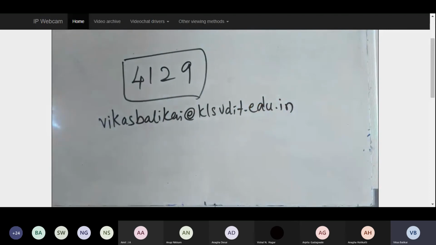Before you mail me anything, write in the subject and in the content why you are mailing, and send it with proper justification so that I can consider all those things. See, maintain proper communication. Without proper communication, things will be very difficult. If at the last moment you come and tell me, "I was not able to do this because of this issue, because of that issue," it would be difficult for me to even sort things out.